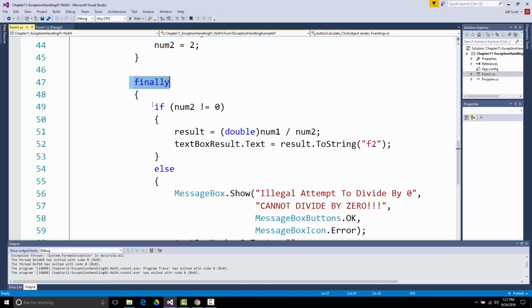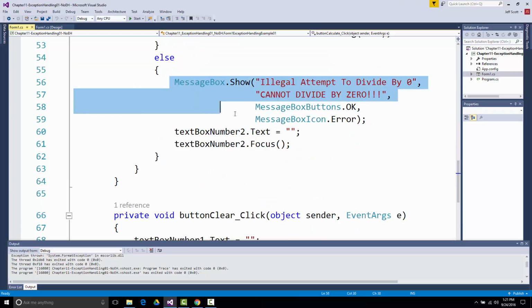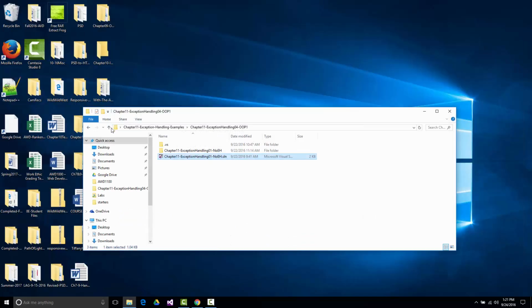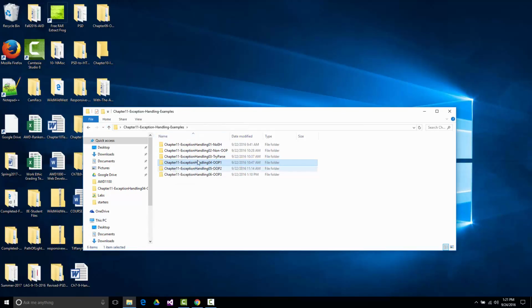So now we can come through here and say, again, if it's not 0, do the math. Otherwise, give me the error message. All right, so that's our first example jumping into the world of object-oriented programming for error handling. The next example,